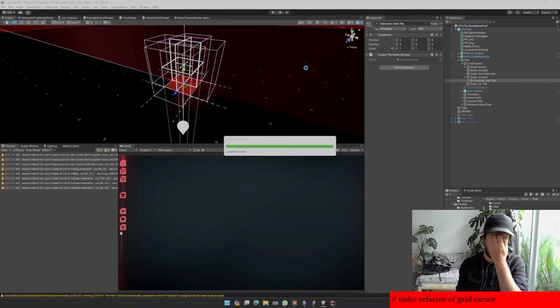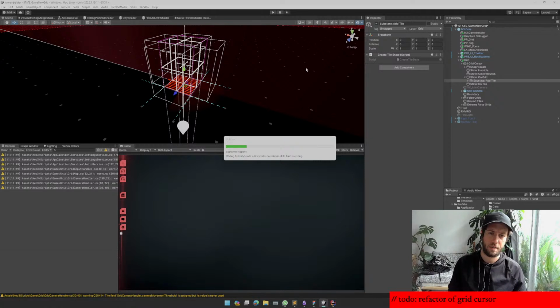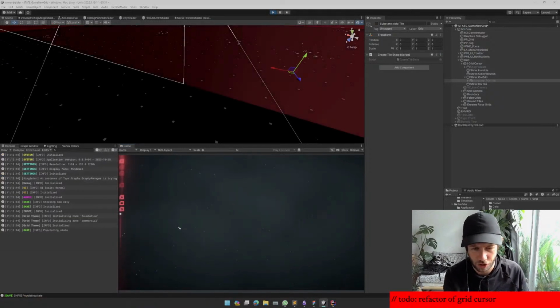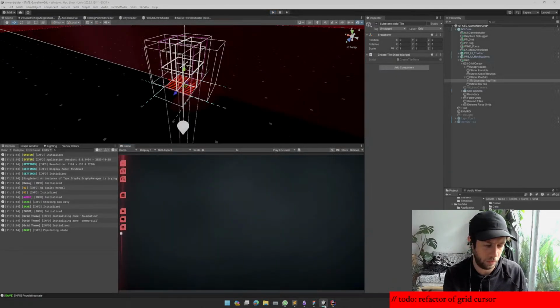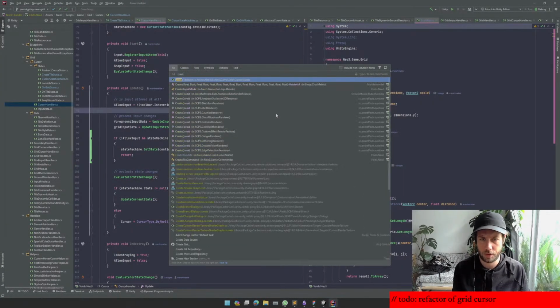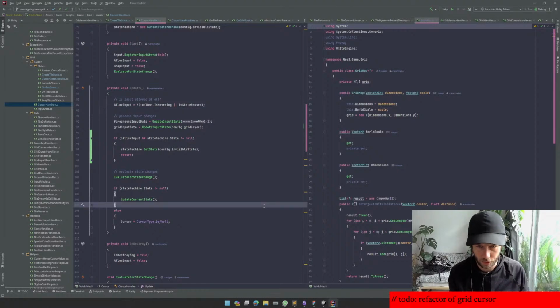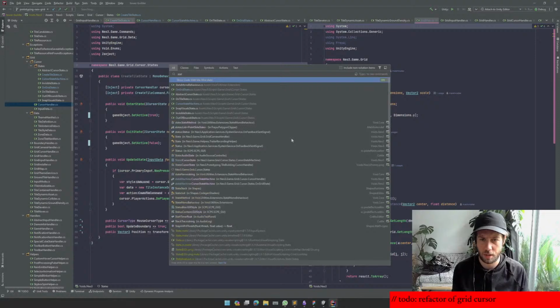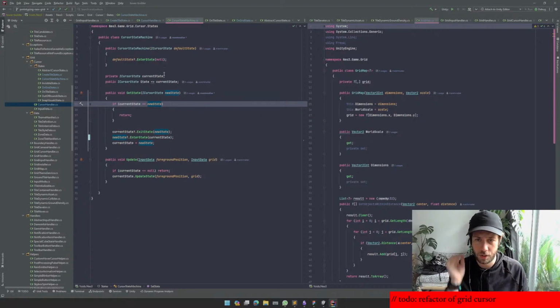Yeah, I'm just hoping to get this working nice and tight in a nice, clean, simple state machine, so I can start re-implementing the different tooling and just get rid of all of the jank I was dealing with. And now it's not working still. Okay, so there's something going on in the create tile state. So we just go back to the state machine, the cursor state machine, and